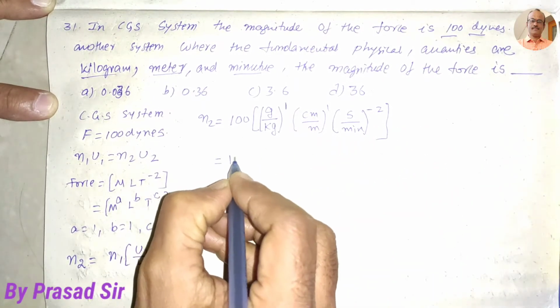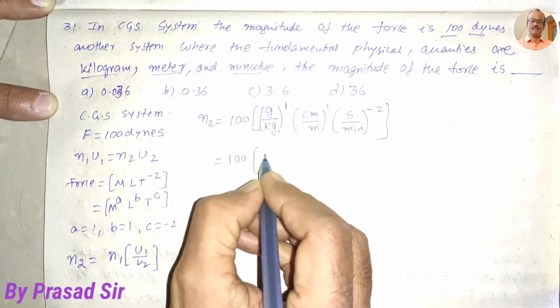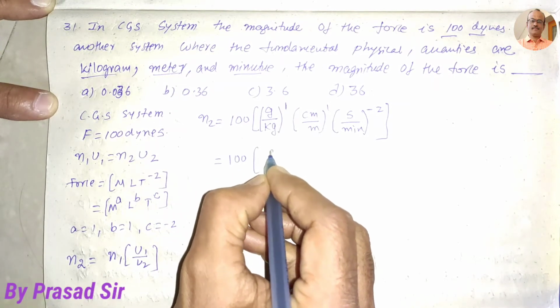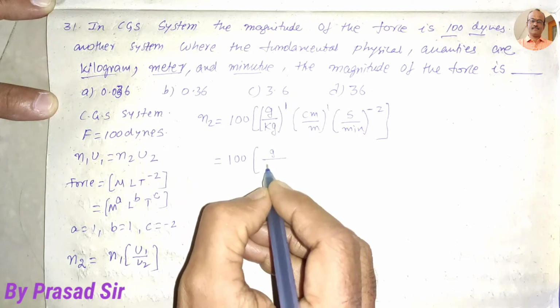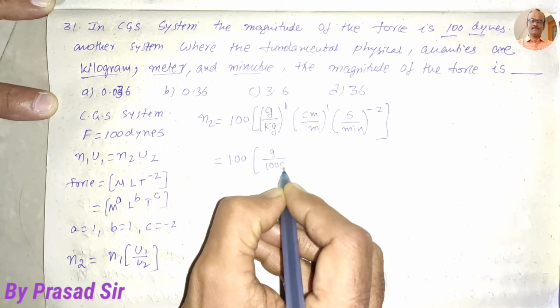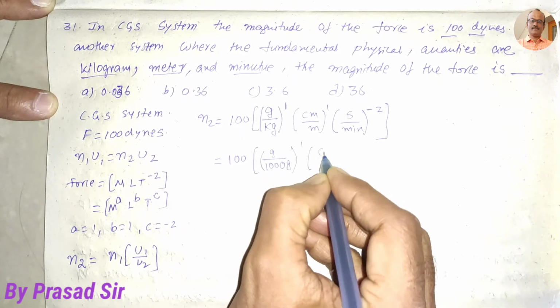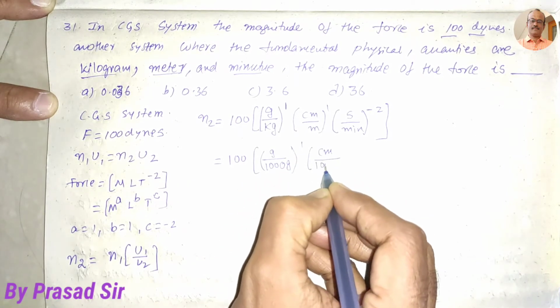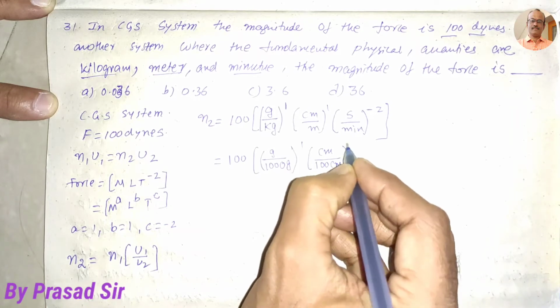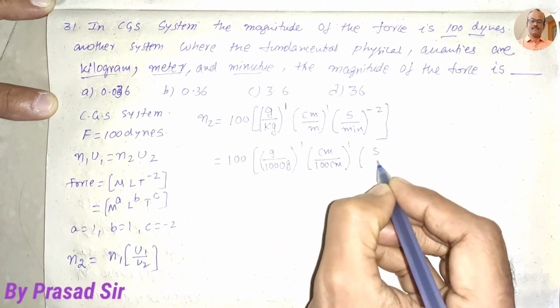Then here 100, this is grams, but here 1000 grams to the power of 1 and centimeter divided by 100 centimeter to the power of 1, and second,